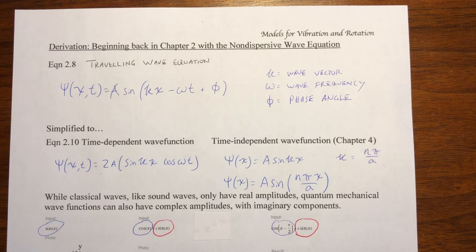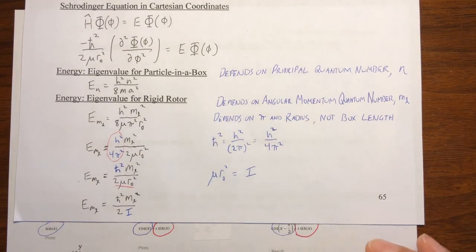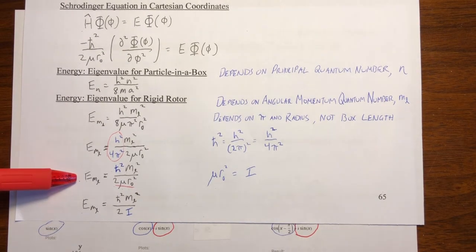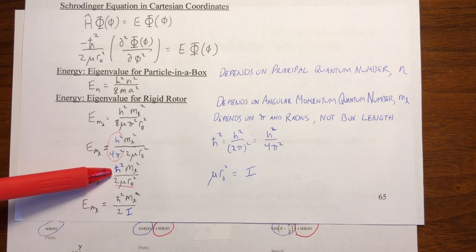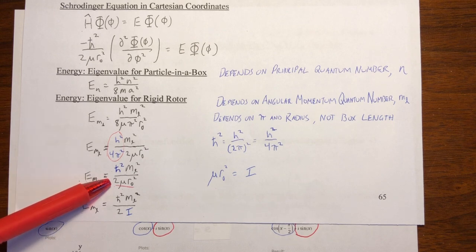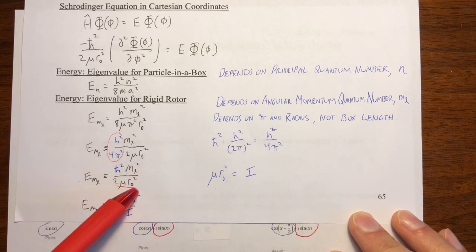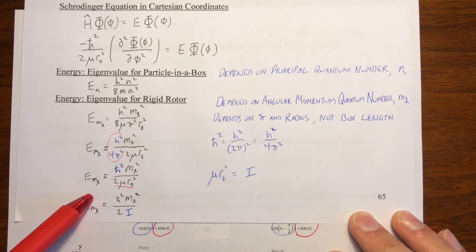Hello class, today we are going to continue with the rigid rotor model and derive the eigenvalue for energy. So the eigenvalue was presented last class, shown here, with E being equal to h bar squared times m sub l squared divided by 2 times the reduced mass times the square of the radius. So what we're going to do today is show exactly where this equation comes from, and in the process introduce